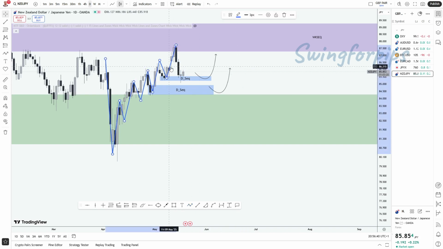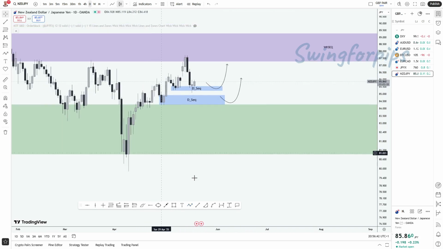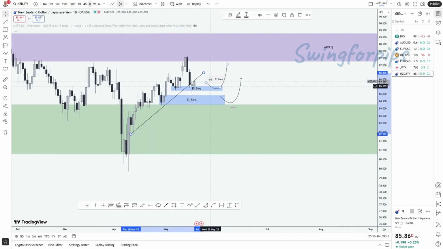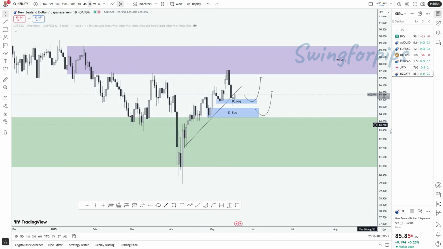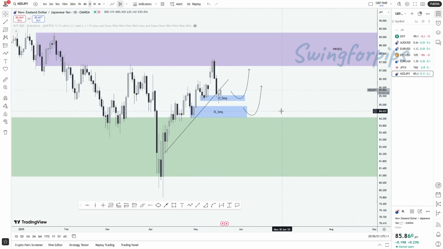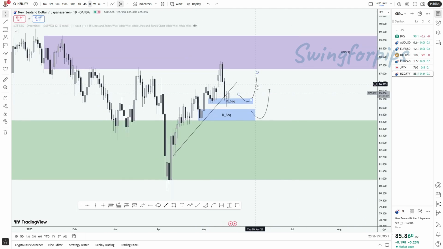You can also do this. You can also come and draw a trend line right here, and then we can see that price has come and stalled at this place right here. So it actually broke this bullish trend line on the daily. However, price is actually holding here because it has not eliminated this zone,